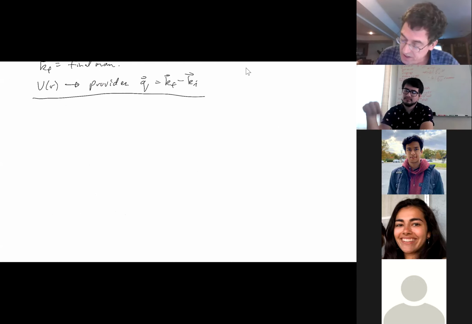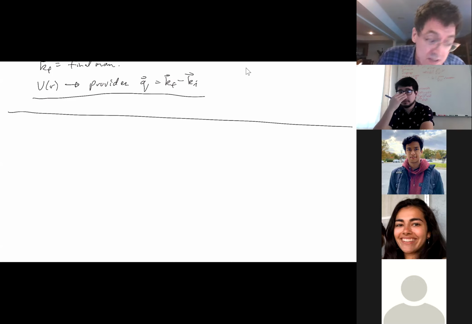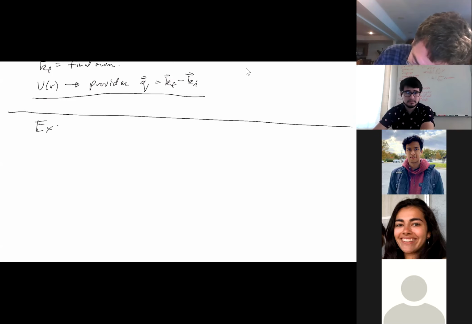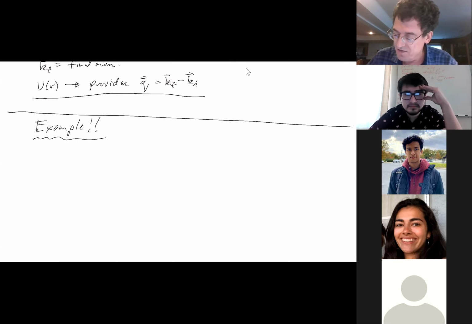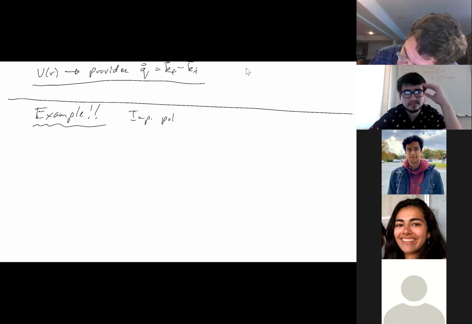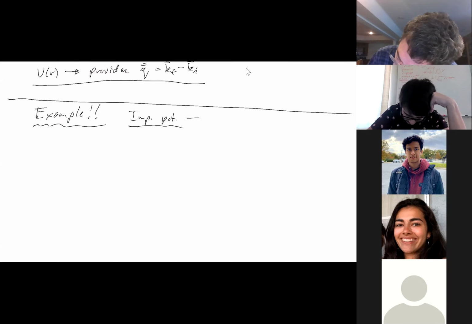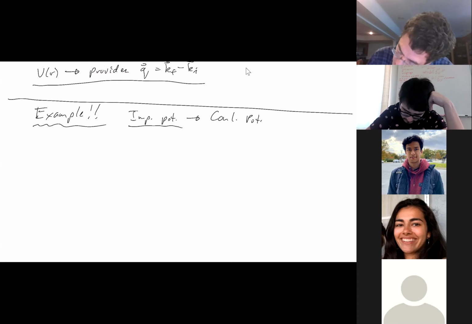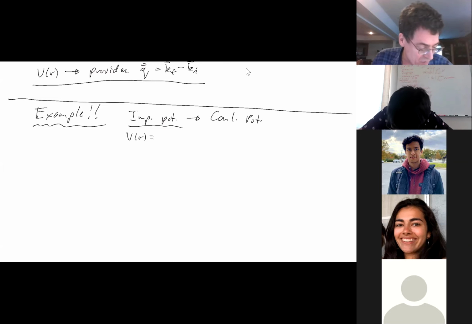So now let's do an example. Okay, enough abstract stuff. Let's actually do a real example. So let's consider a real potential, and this is actually a very important potential. One of the most important potentials in the whole universe is the Coulomb potential. And the Coulomb potential is V of R is equal to